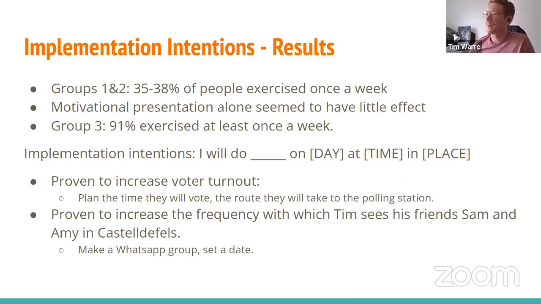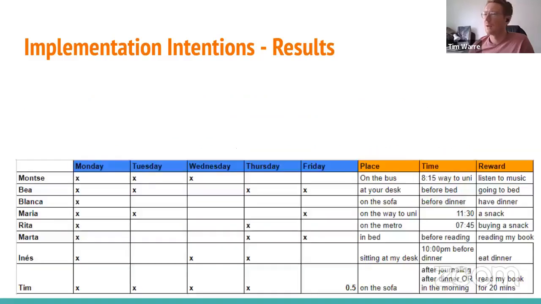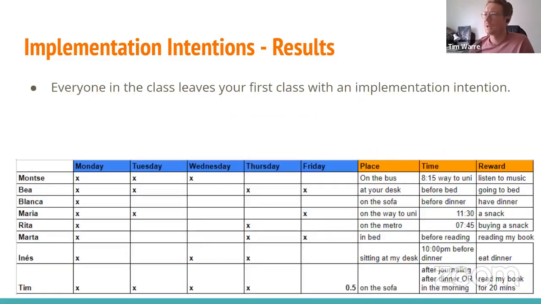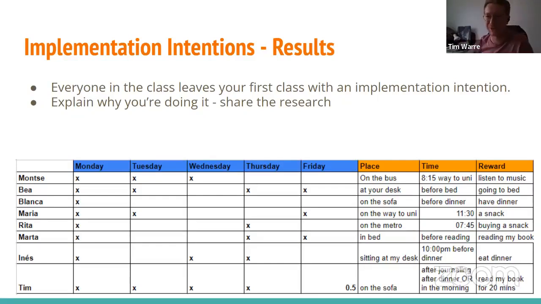So we can use these implementation intentions in our classroom in this initial class. Everyone in the class at the end of the first lesson should leave with their implementation intention written. And you can explain why you're getting them to do this. You can show them the previous slides of this presentation. You can buy the book and get the information, or you can screenshot it, or you can watch this video back and get all that information, share the research with them, tell them why you're making them write out these sentences, and share them with each other,